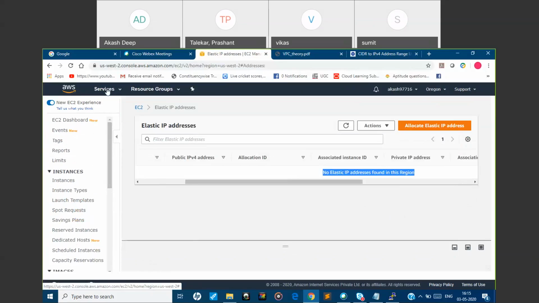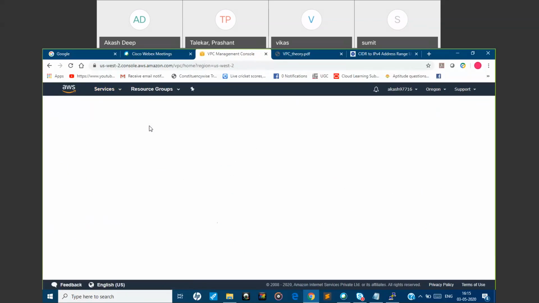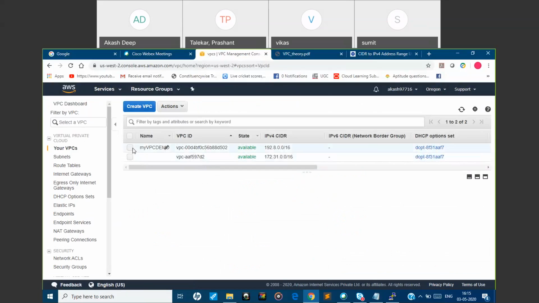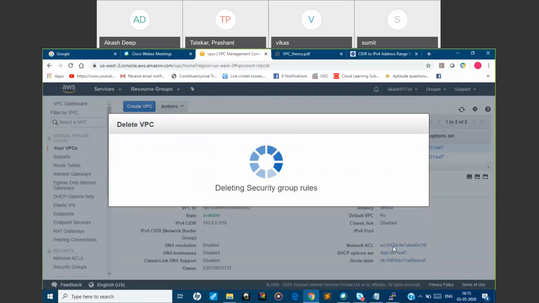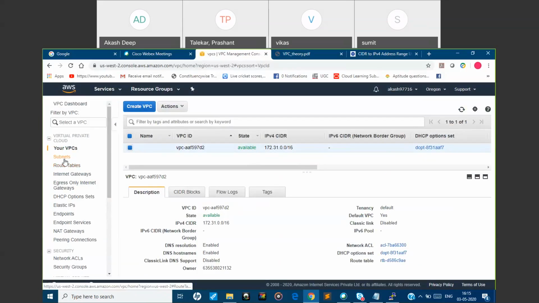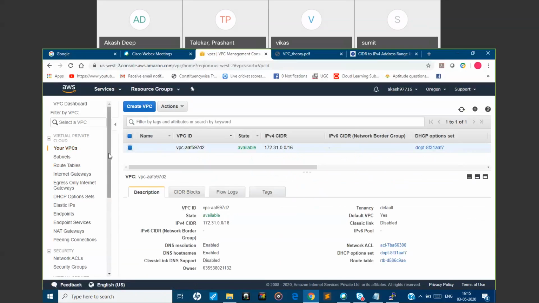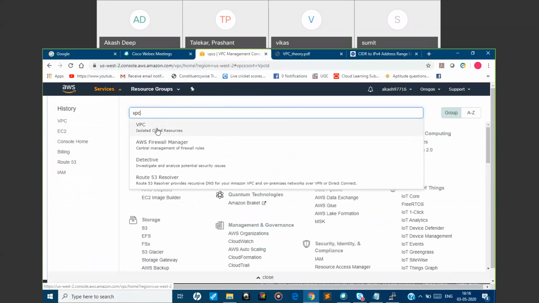So again to the VPC. As soon as I have deleted the VPC, we will do the same steps again.